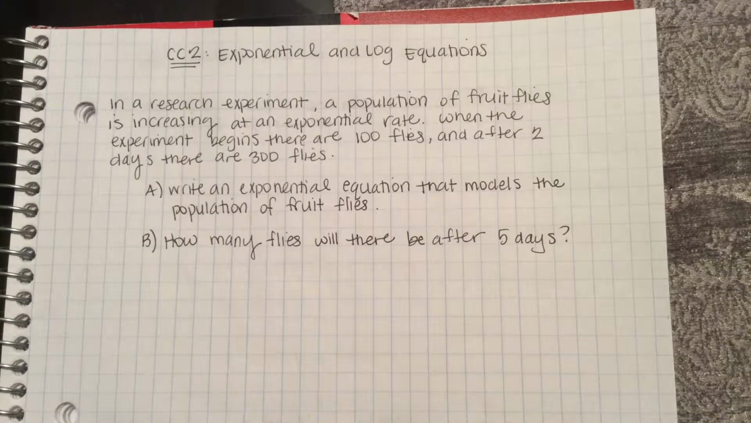In this CC2 problem, we have a real-life application. In a research experiment, a population of fruit flies is increasing at an exponential rate. When the experiment begins, there are 100 flies, and after 2 days, there are 300 flies. Write an exponential equation that models the population of the fruit flies, and then how many fruit flies will there